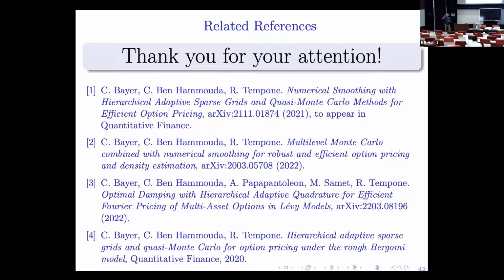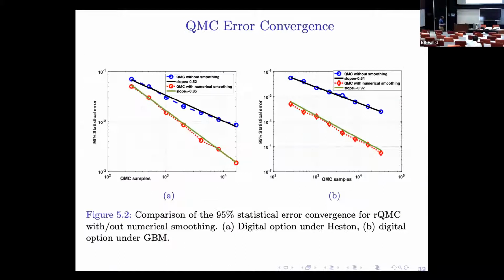So questions? Thank you, Chiheb, first for the nice talk. Thanks for the nice talk. Just one more question. Can one sort of optimize over how many variables you're doing the pre-integration in? Because if I understand right, I think you're doing the pre-integration in one variable, right? Yes. Is that something that can be optimized?